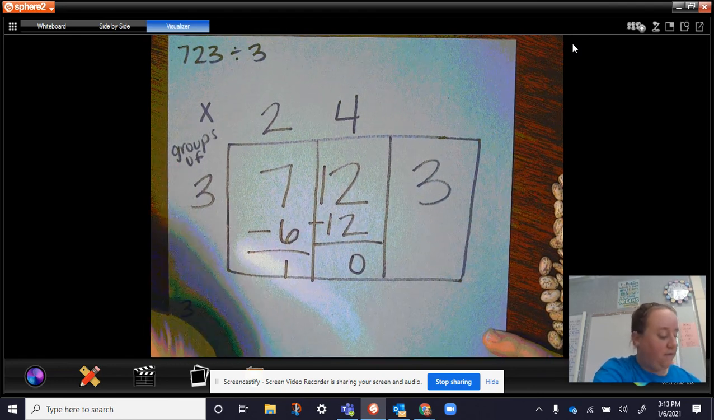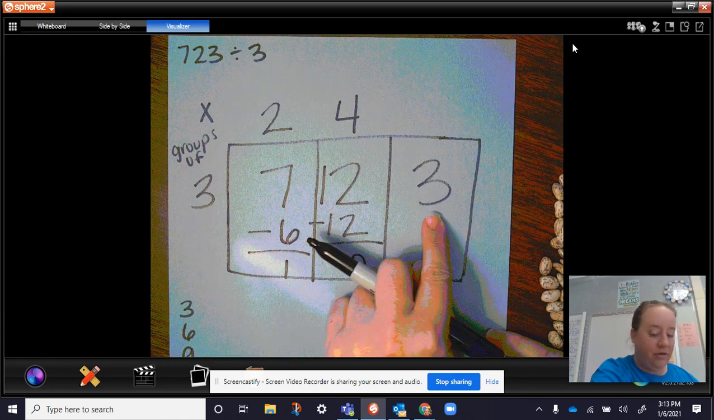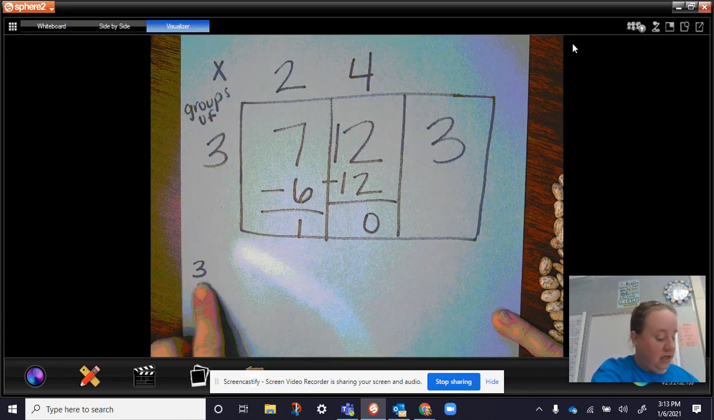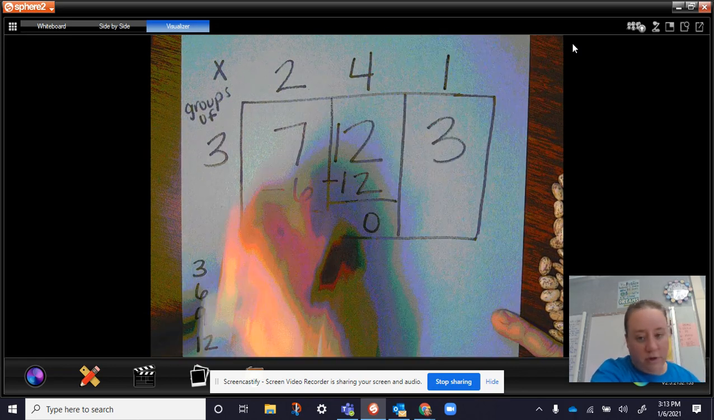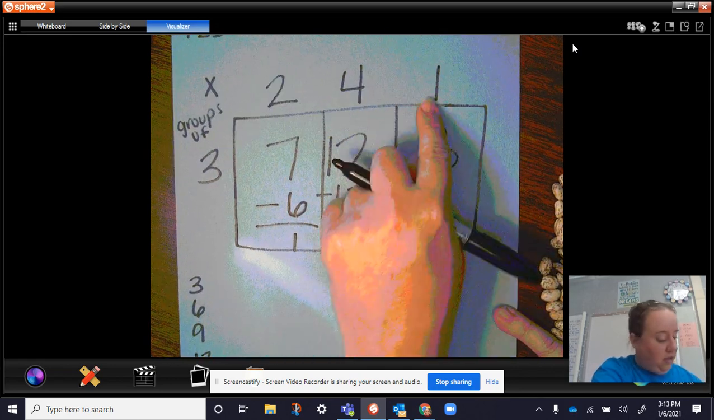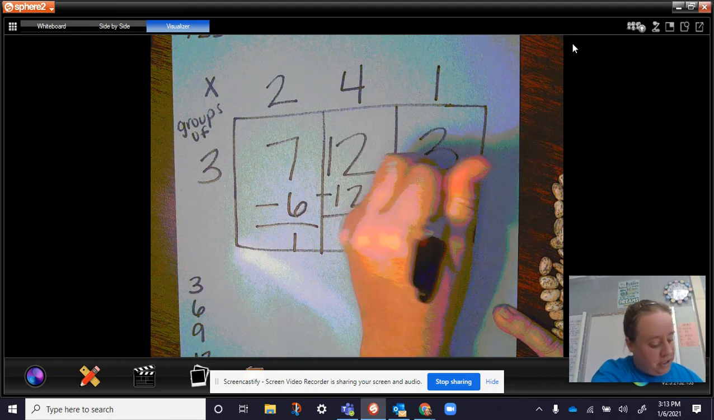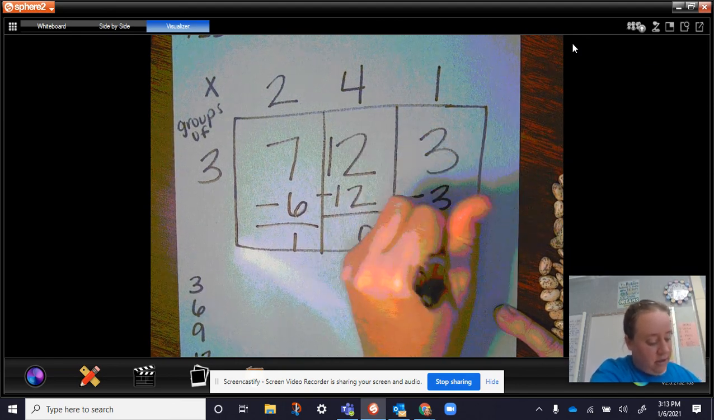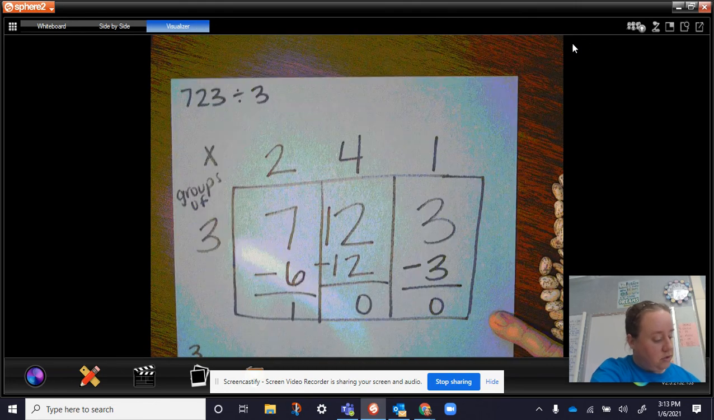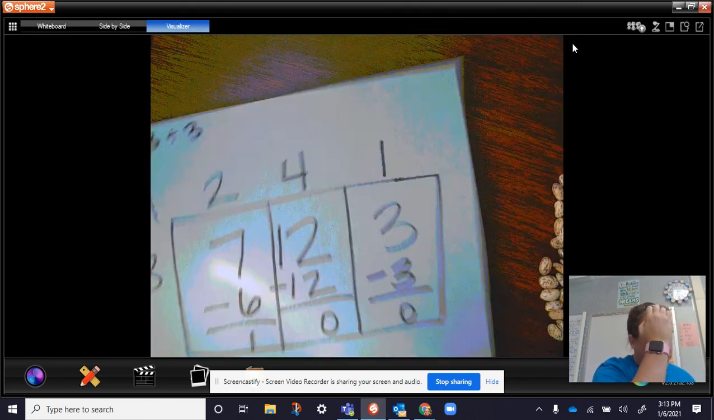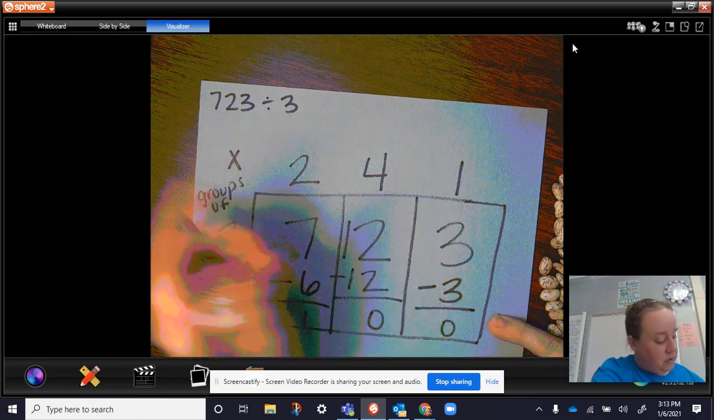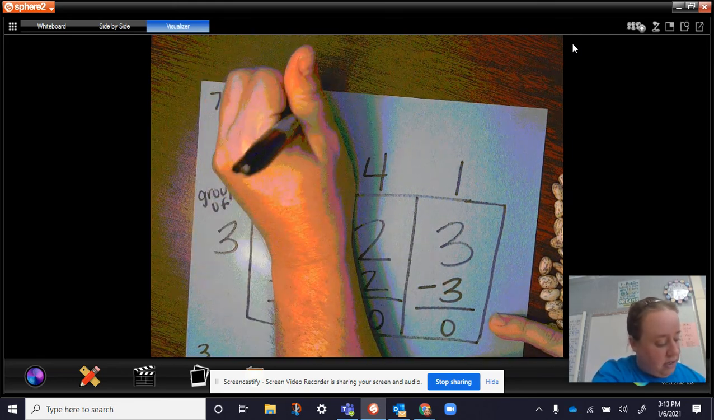Then I'm going to ask myself, how many groups of 3 are there in 3? So here, 3 is just 1 group. So 1 group goes on top. 1 times 3 is 3. Subtract that, and there's no remainder. So again, just like we got here, the 241, we got the same answer. So 723 divided by 3 is